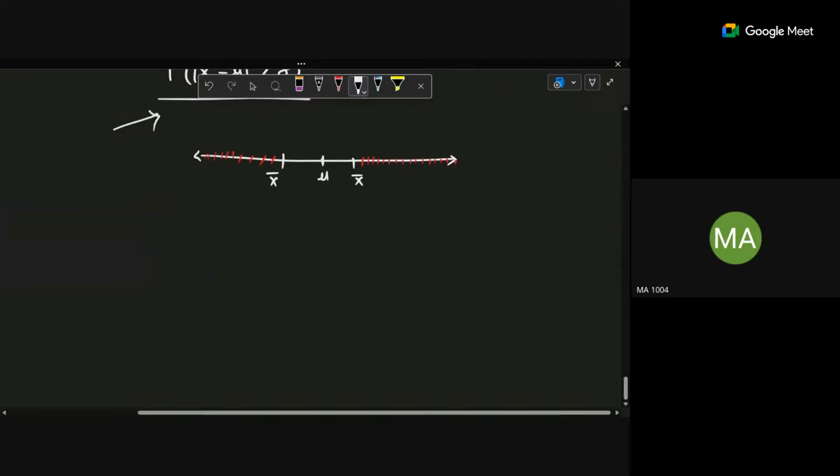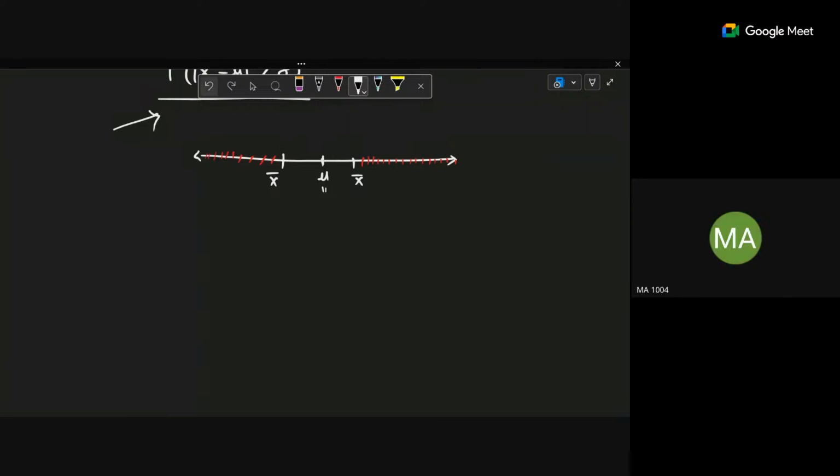So let's say if mu is equal to 0 and this is 0.2, this is 0.2, then they were asking that x bar minus mu should be away from each other by at least more than 0.2, right? That means if x bar will lie here, then the difference between x bar and mu will be less than 0.2, right? If I plot my x bar here, then that will not work. So we were interested in our question to find out the probability that x bar will lie in this region, this red color region.